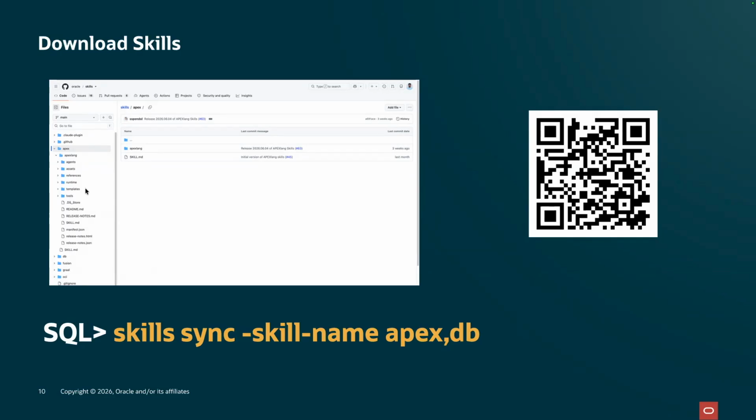You can download this and put the skills folder inside the skills folder in .codex, or you can use SQLcl to install it or sync skills using a skills sync command. You can simply use the skill name as apex or db. Apex is for Apex skills, db is for DB skills. There are multiple skills available as part of the Oracle GitHub repository. So once you have downloaded or installed skills,